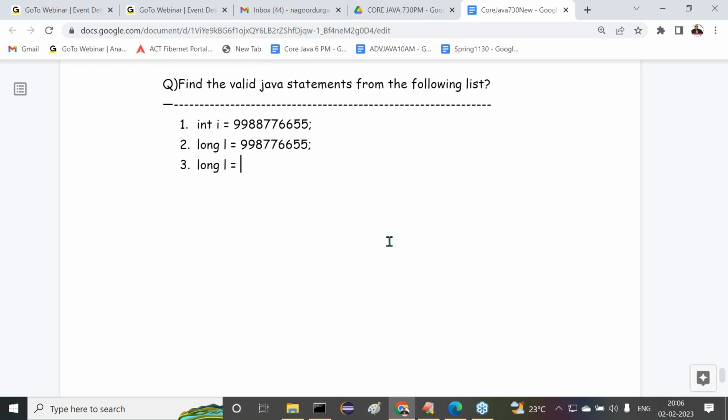Long l is equal to, semicolon. Long small l is equal to capital L. Okay, now observe carefully.